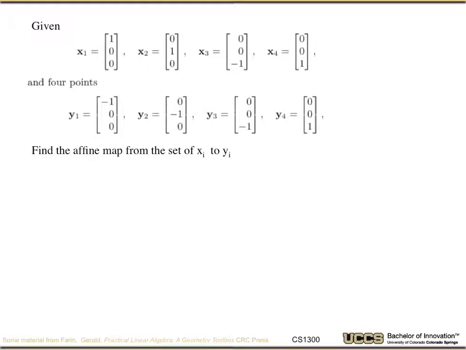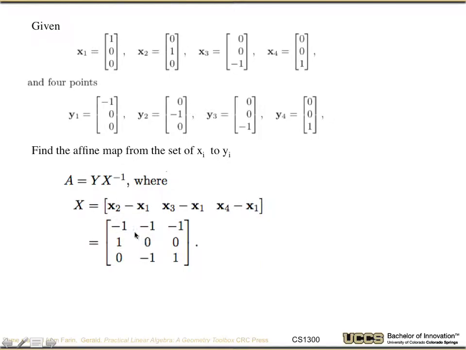So one part of the affine transformation is just to look at the translation, and so we can say, okay, I want to translate x1 to y1. Well, we'll use that as our translation elements. The more difficult part is figuring out what's the map. And from the book, we know that the map A is given by y x inverse, where x